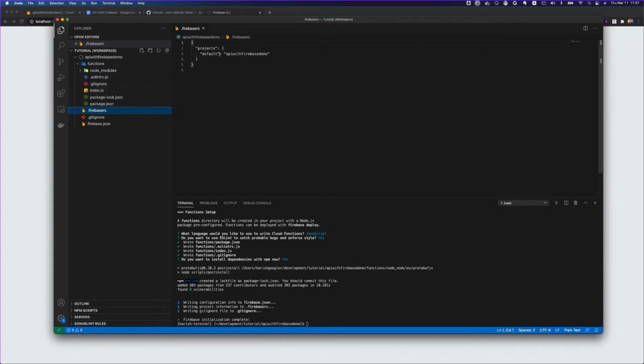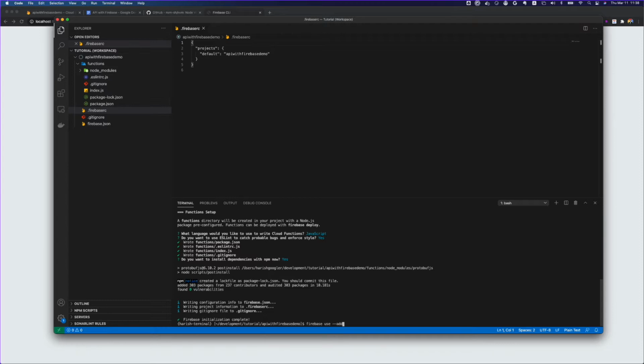Firebase RC. What it is: currently I'm using a Firebase project which is API with the base demo, but I can deploy the same code into a different Firebase project. And for that I can very simply do firebase use --add.